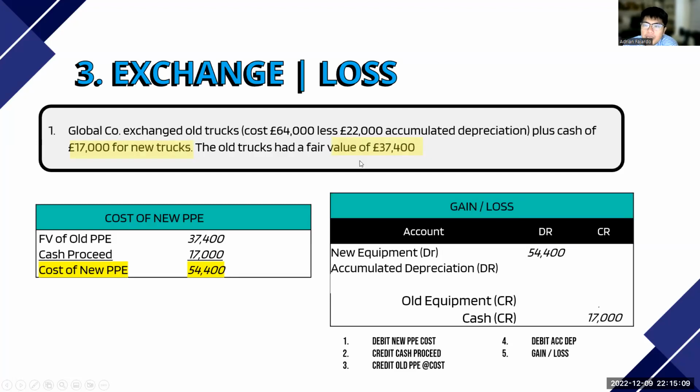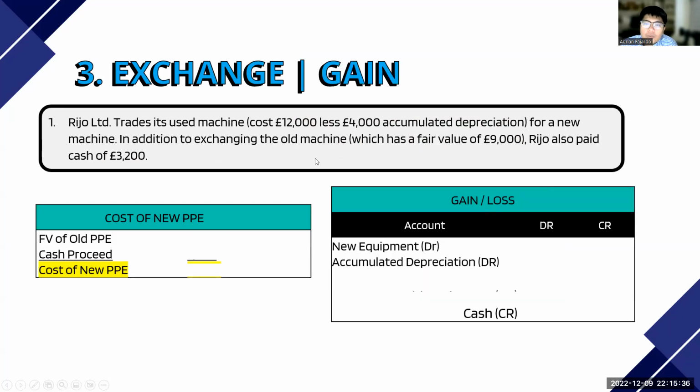Credit our old PPE at cost. So the cost is 64,000. And then may ACDEP tayo na i-debit natin of 22,000. Now, if you compare, hindi ito nagbabalance right now. There is a debit missing, which is 4,600 worth. In that debit, dahil debit, expense. Dahil debit, loss. Loss on disposal of 4,600.